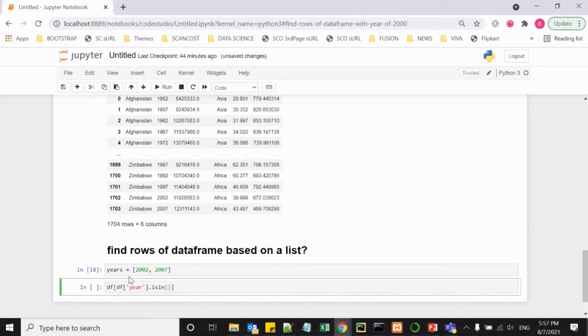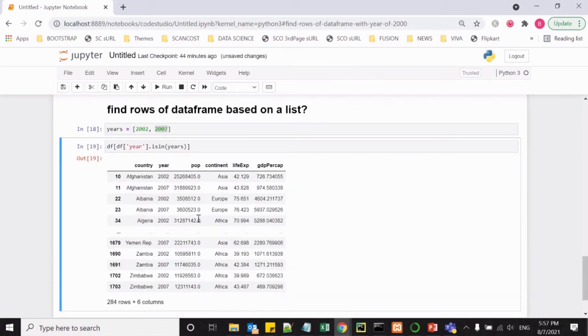Now we need to pass the range or list of values. So we have a variable which is holding the list of values 2002 and 2007. Now let's run this and see the results. Now you can see the data coming for the years 2002 and 2007 only. So using this function we can apply a filter on a list of values.